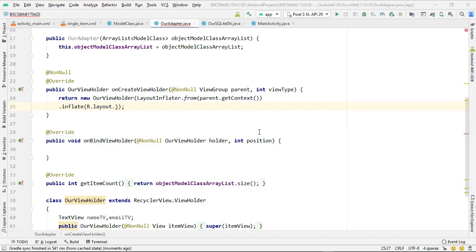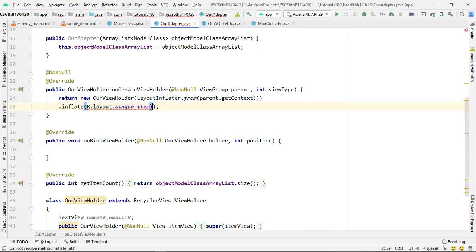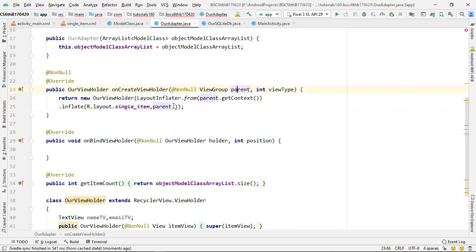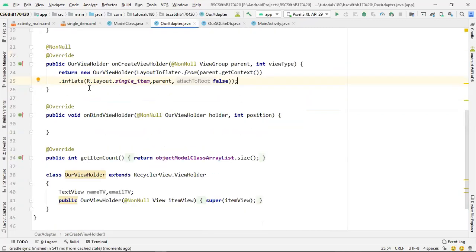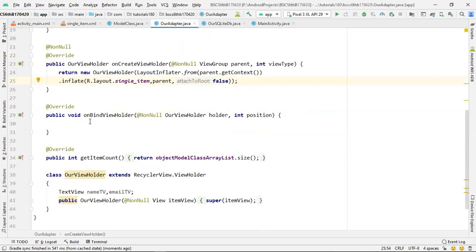Okay, so if we try to get this now, as you can see, single item is here. Second parameter would be the parent that we're getting from the view class over here, and the third parameter should be false. Okay, so we have completed two methods. We are done with the coding of two methods: one is for the on create view holder, and the second one is the get item count.